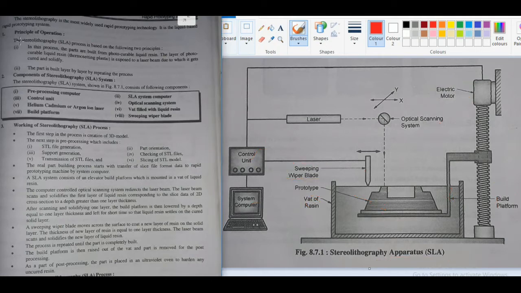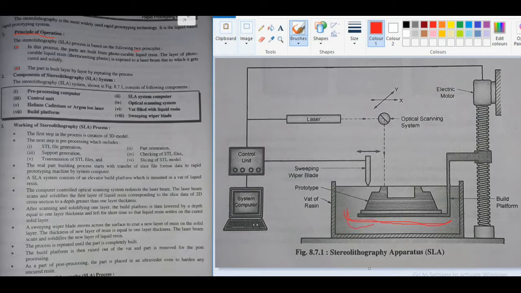Now friends, let's see the principle of operation. The stereolithographic process is based on two principles. In this process, the parts are built from photocurable liquid resin, that is, this is a photocurable liquid resin here.